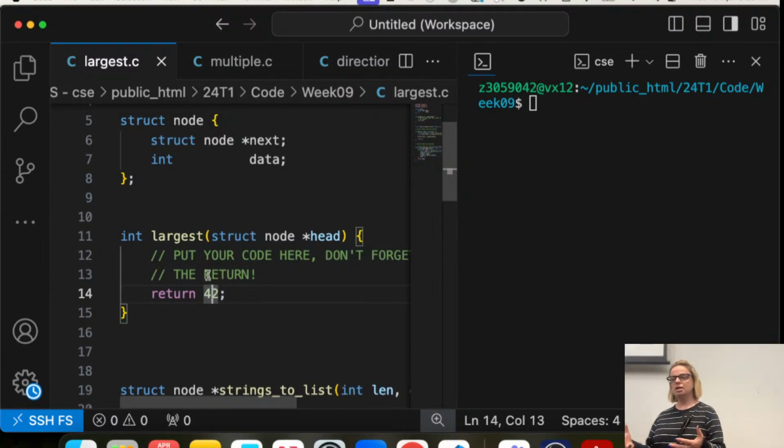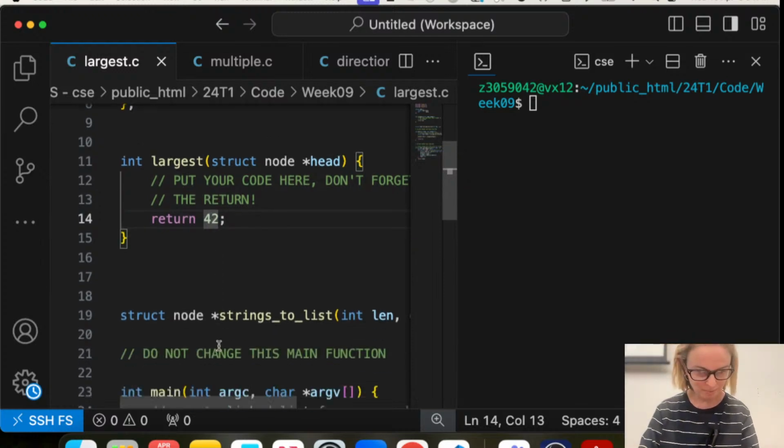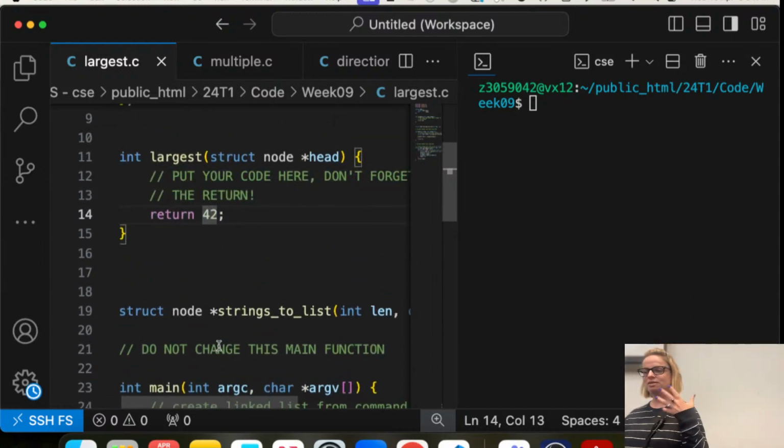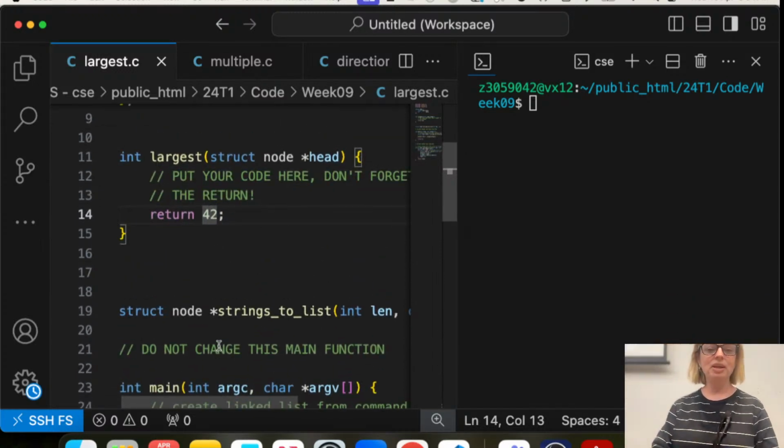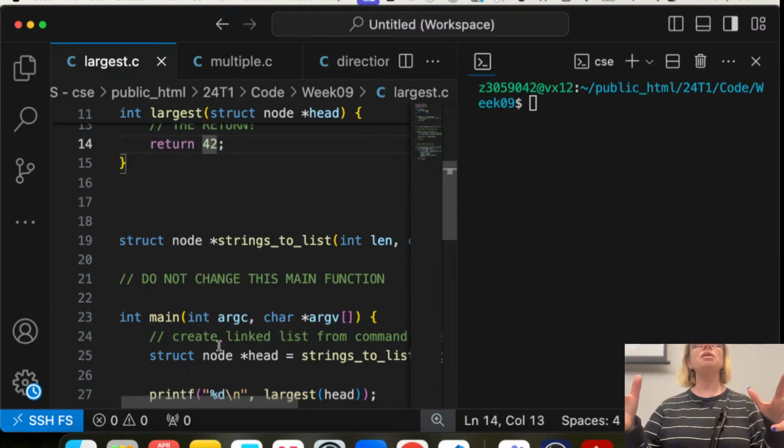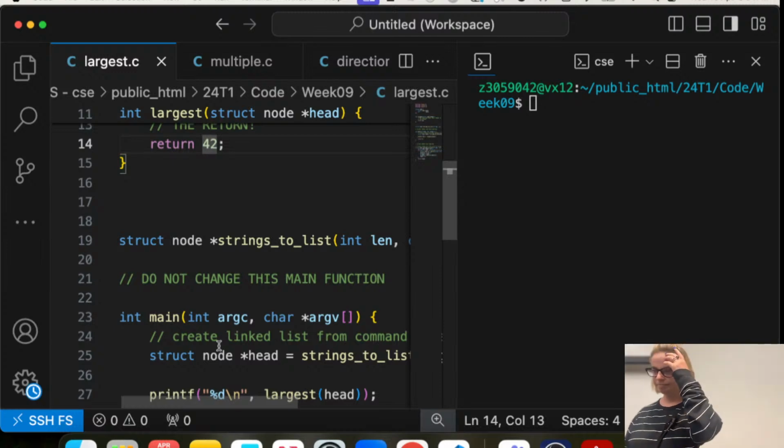You don't need to understand how we convert the list, and you don't even need to look below it if you don't want to. If it's freaking you out, don't look below. All it's doing is taking something off the command line and making it a linked list so that you can manipulate it in your function.